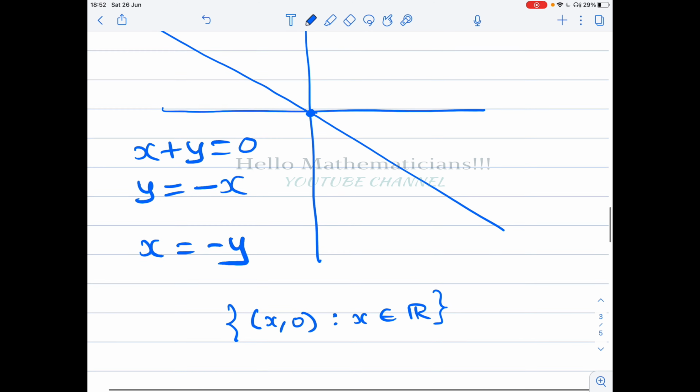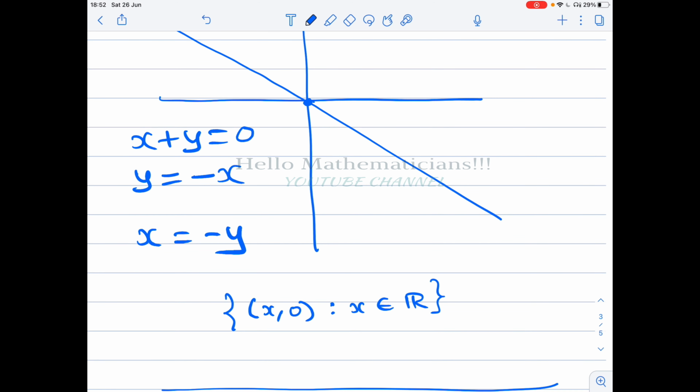So the dimension is equal to the number of free variables. Here the line has dimension 1, and that is exactly the same as the number of free variables. Either x can be taken as a free variable or y can be taken as a free variable. If x is a free variable, then y will be a dependent variable. If y is a free variable, then x will be a dependent variable. So in each case, the number of free variables is 1. So the number of free variables is equal to the dimension.